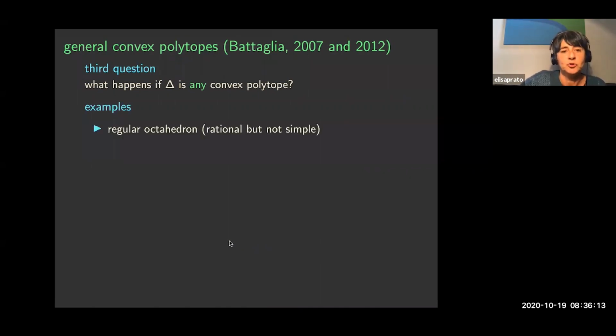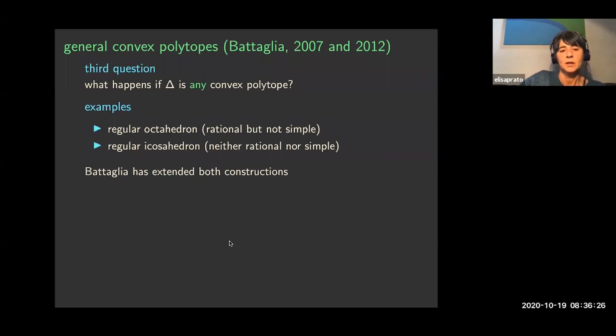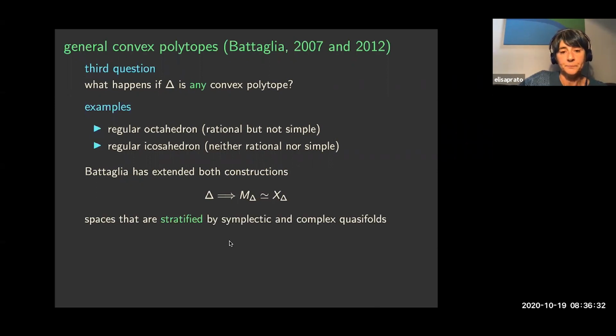So we already mentioned two important examples: the regular octahedron, which is rational but not simple, and the regular icosahedron, which is neither rational nor simple. So Fiametta has extended both constructions to this setting,